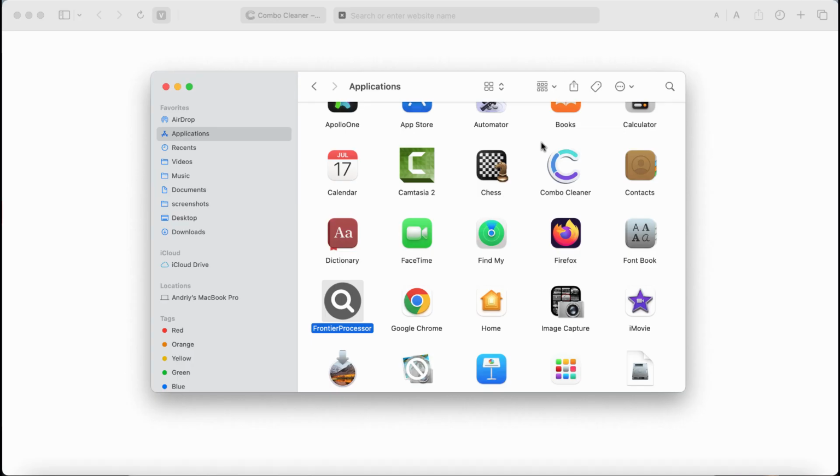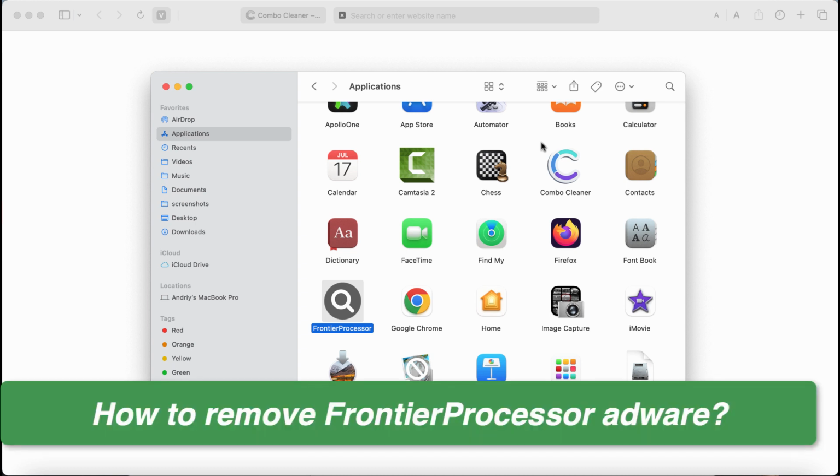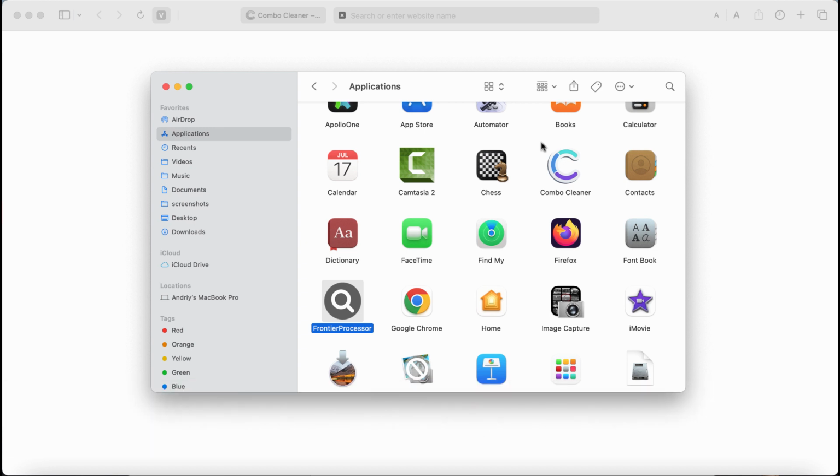My video tutorial will provide you with instructions that will help you to remove the adware type application called FrontierProcessor. FrontierProcessor is the adware and it belongs to the adload family of computer infections. Once installed, this adware may display a lot of intrusive advertisements that are not related to the sites that you